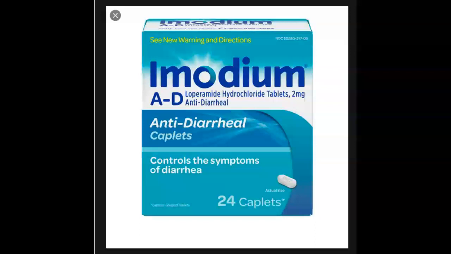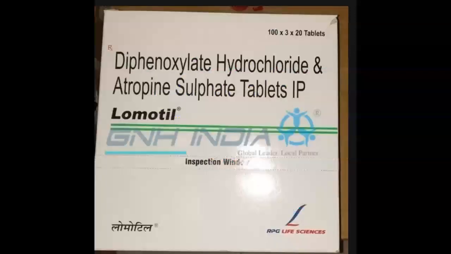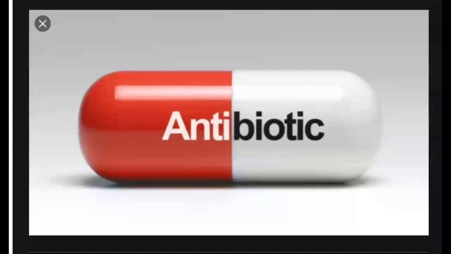If the healthcare provider determines that antiperistaltic agents are necessary, loperamide, brand name Imodium, may be recommended. Diphenoxylate hydrochloride with atropine, brand name Lomotil, reduces GI motility but is used sparingly because of its habit-forming ability. The drug should not be used for older adults because it also causes drowsiness and can contribute to falls. Treatment with antibiotics may be needed if the gastroenteritis is caused by bacterial infection with fever or severe diarrhea. Depending on the type and severity of illness, examples of drugs that may be prescribed include ciprofloxacin or azithromycin.